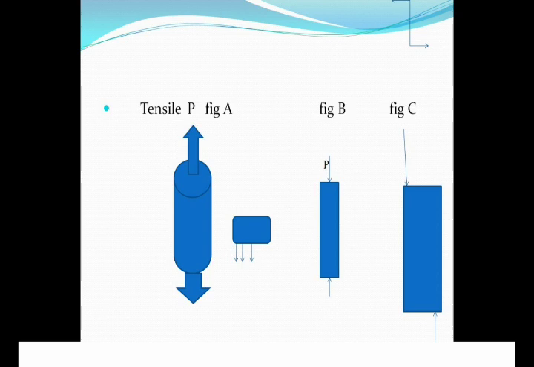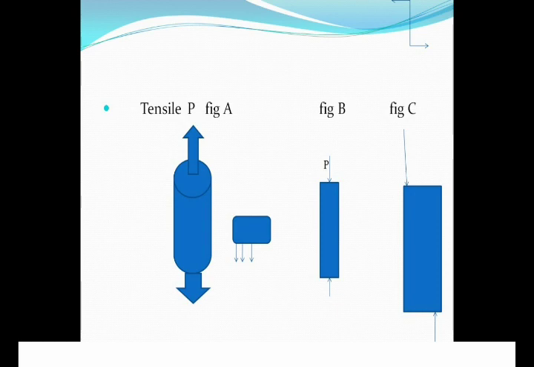The figure C. Now, what is the difference between figure C and figures A and B? Here we have seen that the forces are not passing through the axis. They are parallel to the axis, the major axis. Now, what do you mean by that? If you consider a force that is acting in figure C, it is slightly parallel to the axis. What is the effect of this? This will try to twist the element, which will be parallel to the major axis.